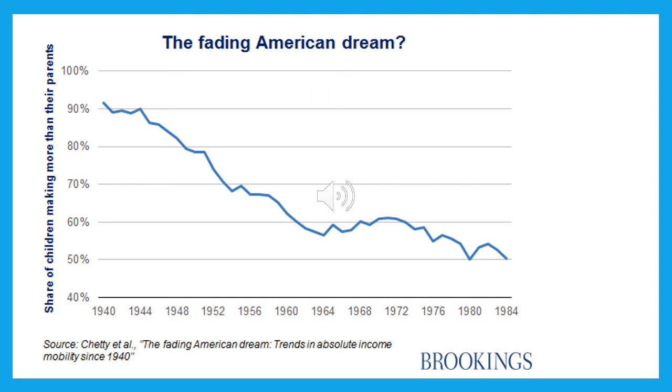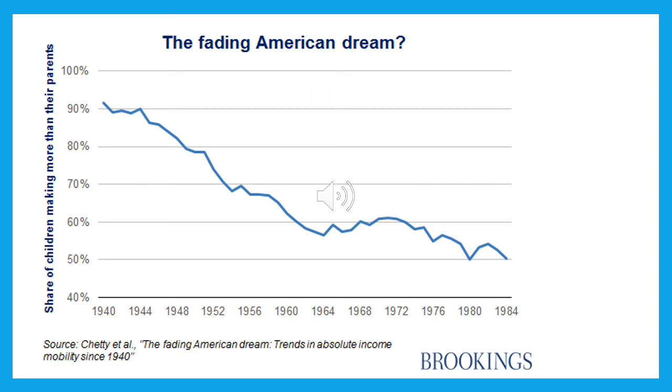versus people born in 1940. We're talking about people somewhere in between my grandparents' age and my parents' age. So people who would be in their 70s today. So for people born in 1940, 90% of them, when they were adults, ended up out earning their parents, and that peaked in